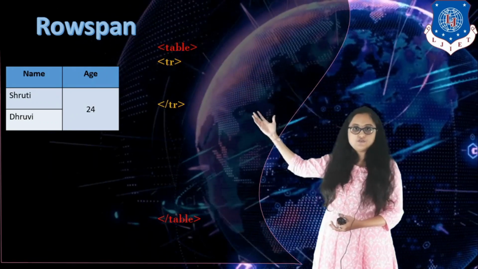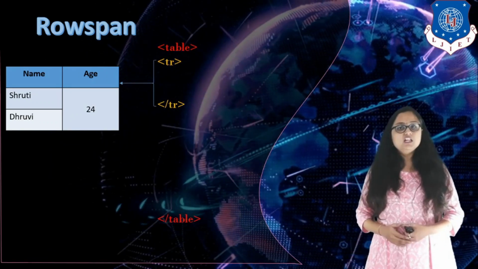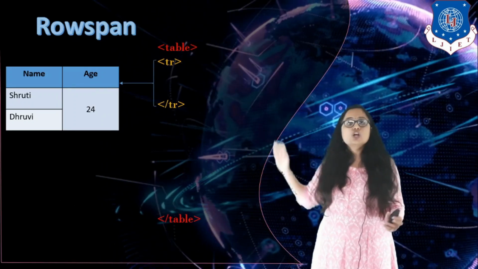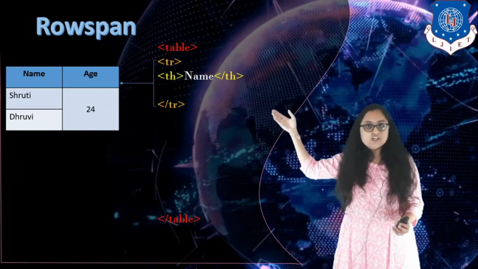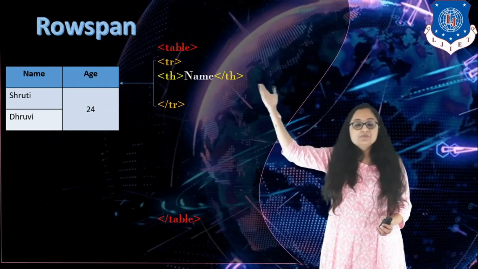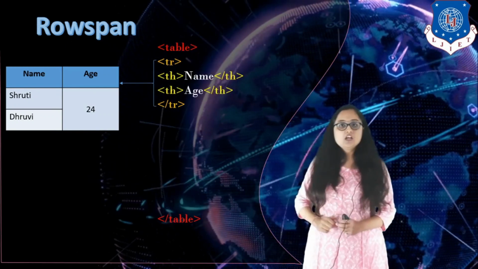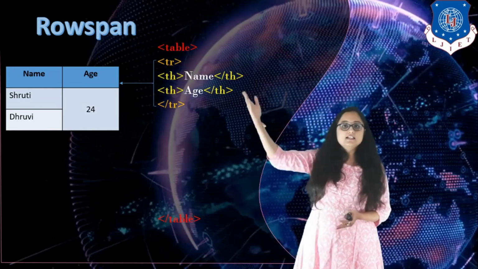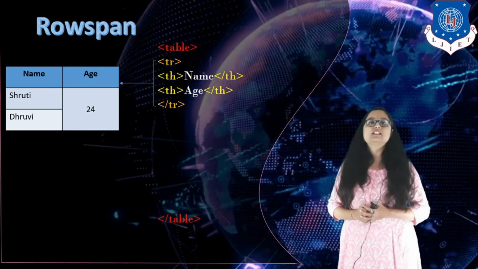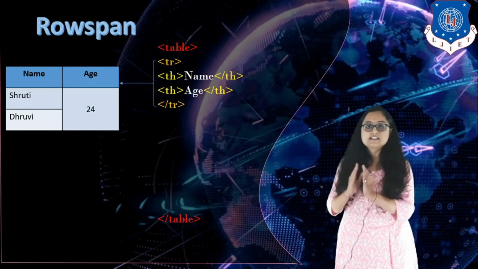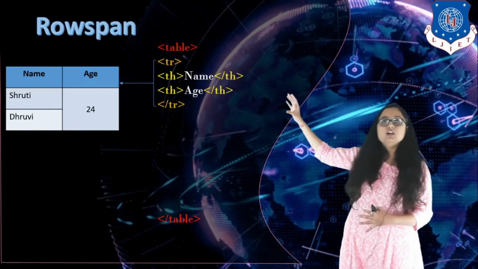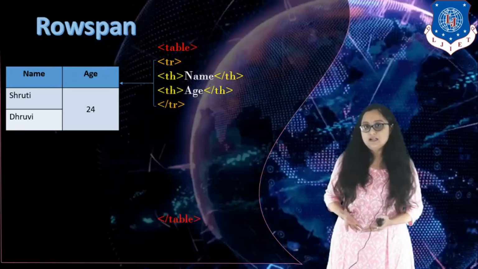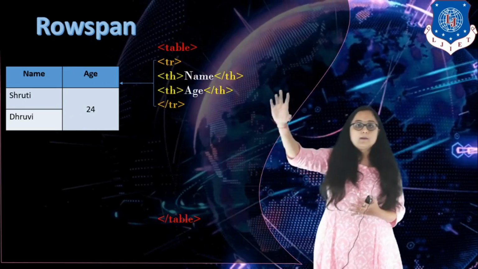So I have specified the first TR. Now you can see that in the first TR there are 2 TD, right? There are 2 columns which are normal columns, nothing is spanned. So tell me the syntax exactly. The first TD is having name and the second TD is having age. Now yes, instead of TD I have written TH because again this is the text which I want in bold letters as well as center aligned. This is a table heading, right? So I have written this in TH instead of TD so that visually it looks like a table heading. So this completes row 1 of my particular table.